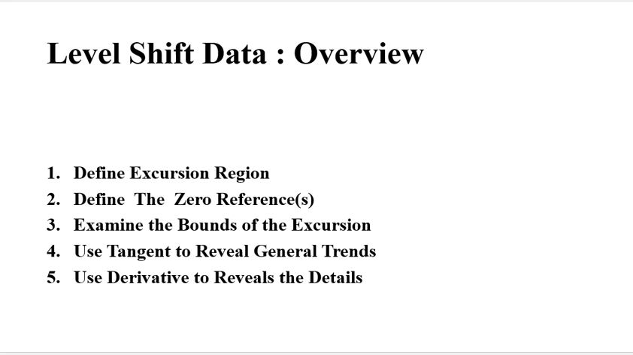This is a brief introduction into working with data that really is level shift data. Fundamentally, what you have is an excursion of the value that you've been getting from one place to the other. And what one really wants to do is define the excursion region, define the zeros for both x and y of the excursions, define the bounds, use tangent to reveal the general trends, and then use derivative to reveal details